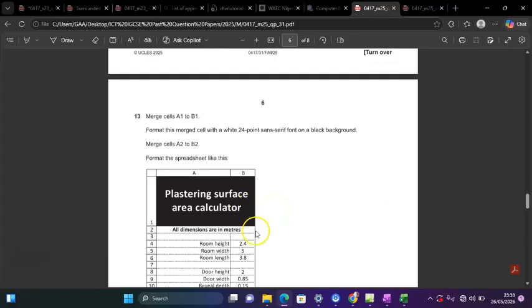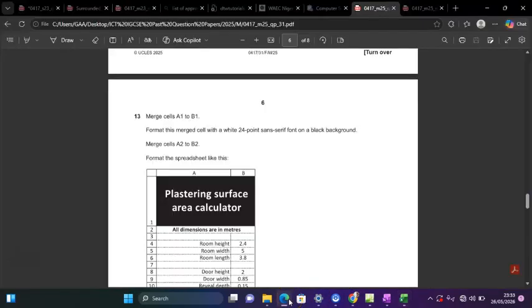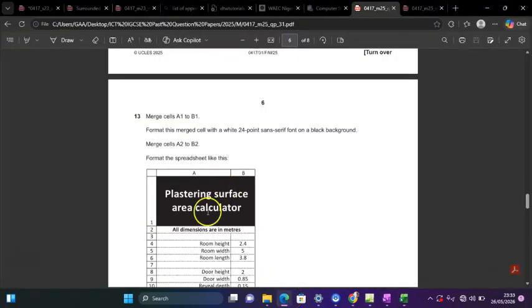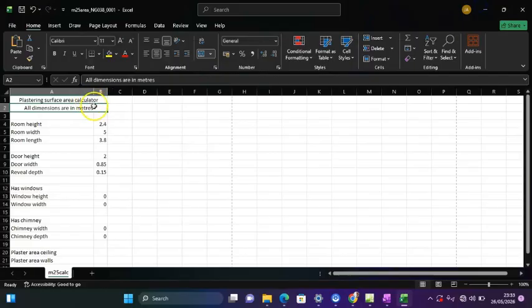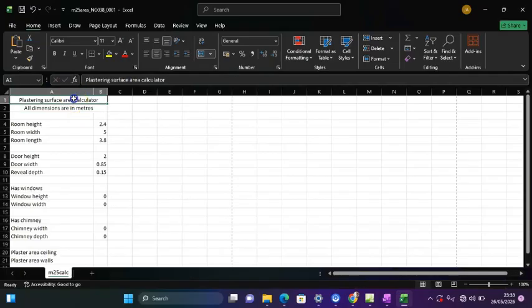Then next it says we should merge cells A1 to B1. So highlight A1 to B1 and then merge. Next, merge cells A2 to B2 that way, and then format the spreadsheet to look like this. So here we have a black background and white text. So to do that, we click on that. Our text should be white, our background should be black,